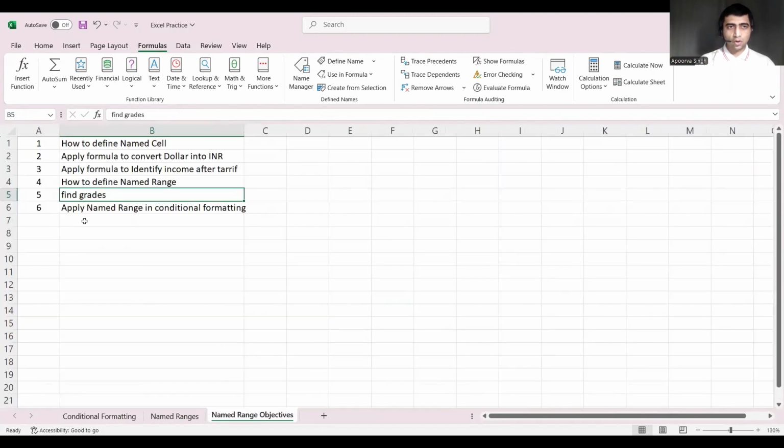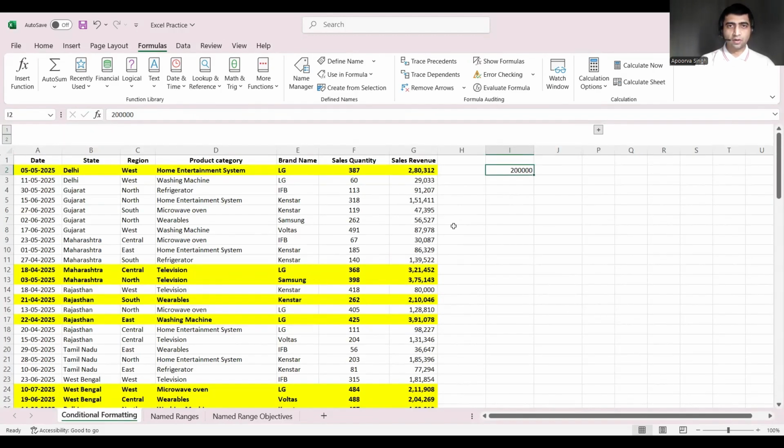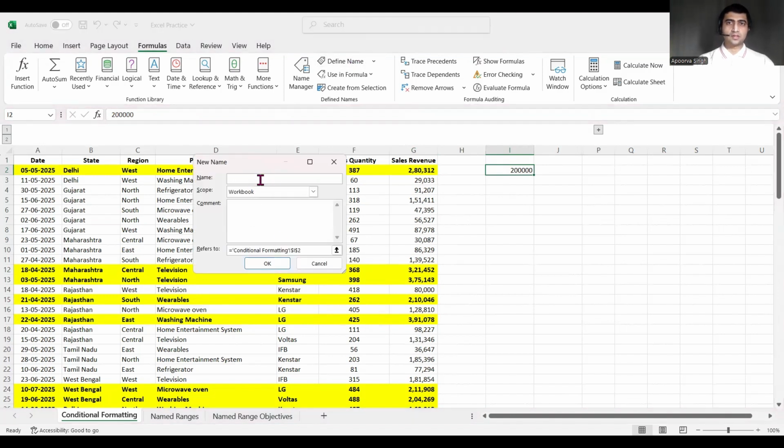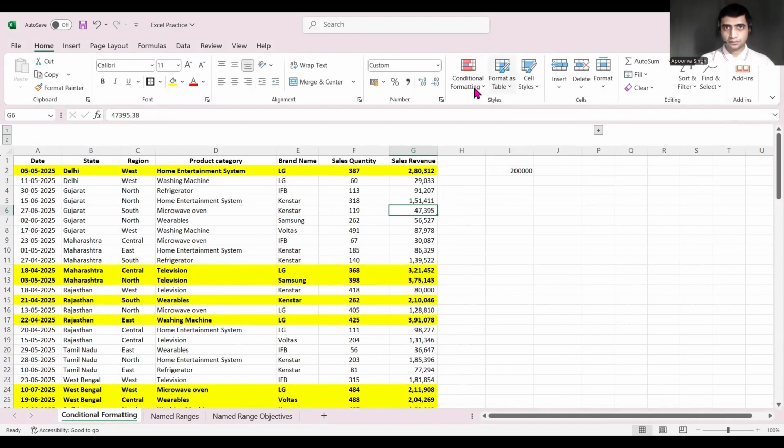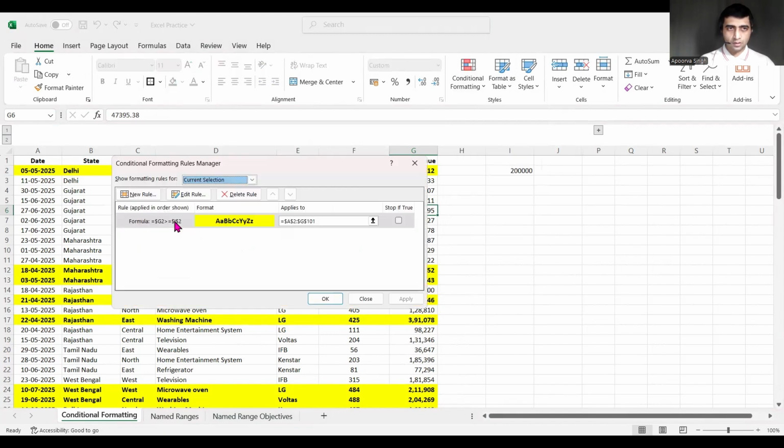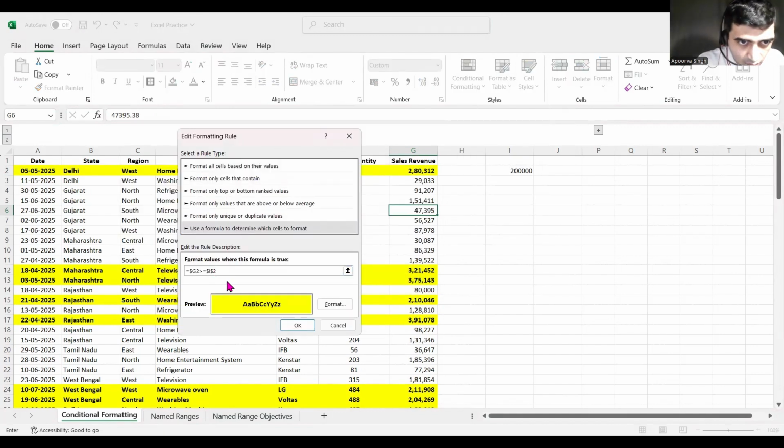Now the last objective is to apply named range in conditional formatting. You might have observed in the conditional formatting video how I had applied the conditional formatting on all of these rows basis the value of the cell I2. Now what I can do is I can define the name of cell I2 as, let's suppose, check, click OK. And if I go to conditional formatting, go to manage rules, you would see that the rule here mentions I2. Now since I have already defined the name of that particular cell, I can just simply type check